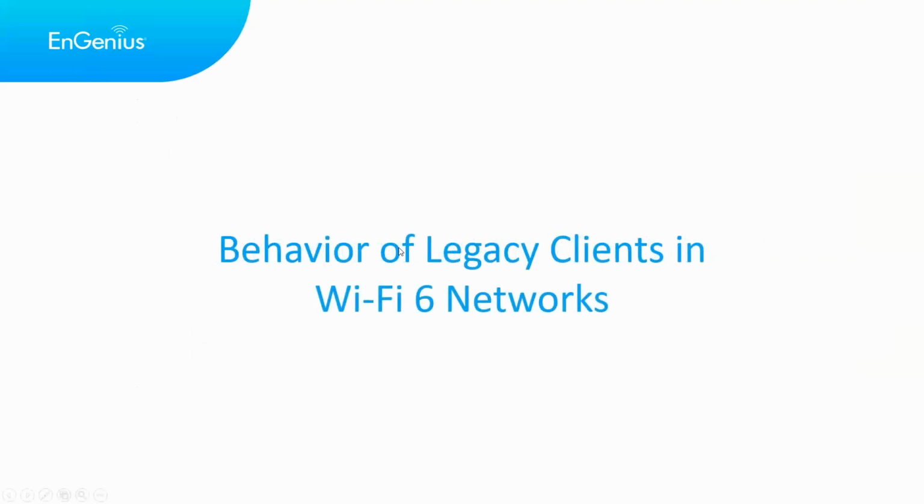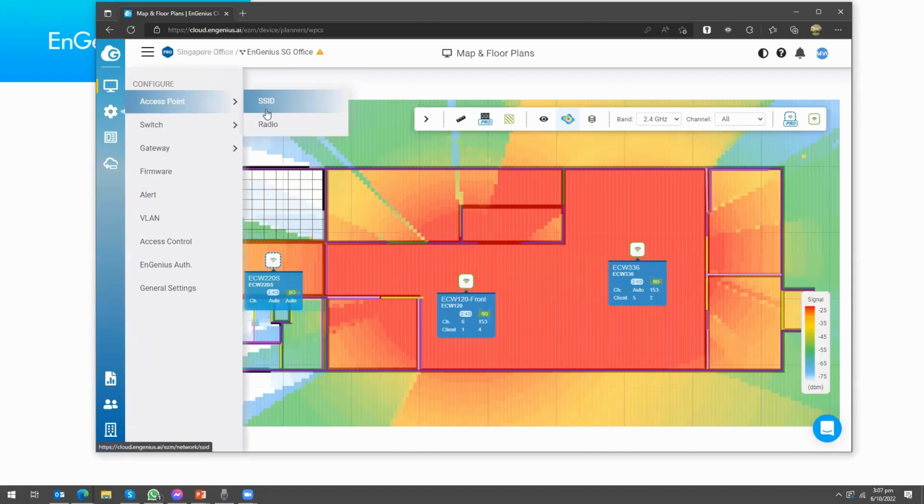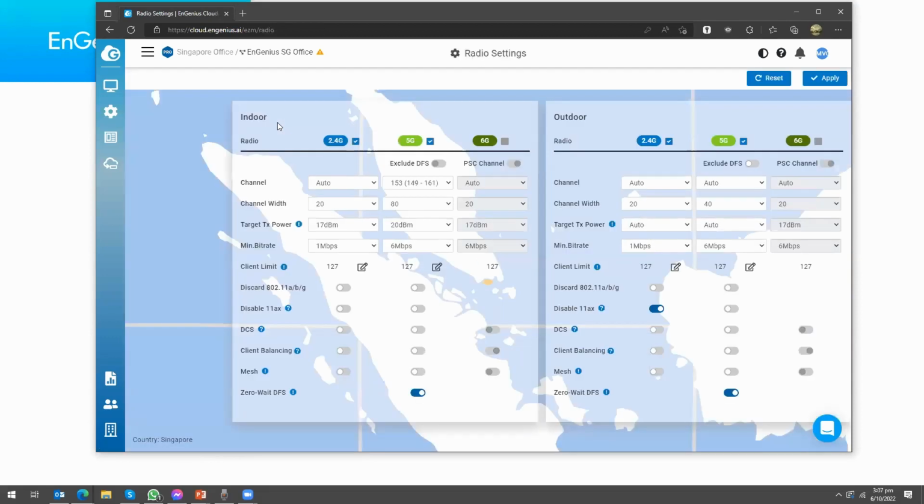Next topic, behavior of legacy clients in Wi-Fi 6 networks. I mentioned earlier that Wi-Fi 4 and Wi-Fi 5 devices, 802.11ac and maybe 802.11g as well, and AC Wave 2 have no issues in terms of compatibility for Wi-Fi 6. But some client devices, maybe older generation, maybe 802.11b or 802.11a, may have issues in terms of connecting to the radio. Because these devices may no longer be updated in terms of the driver side and the operating system as